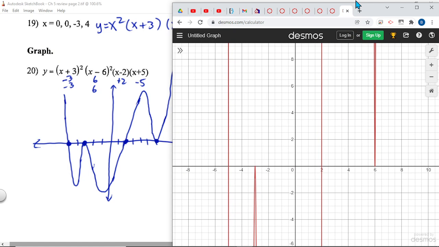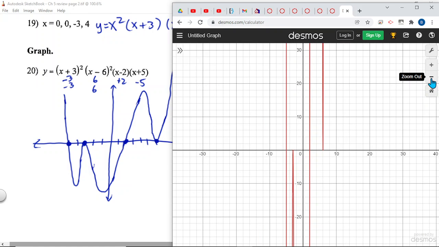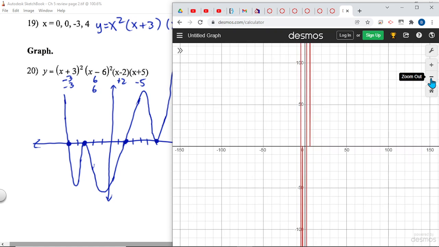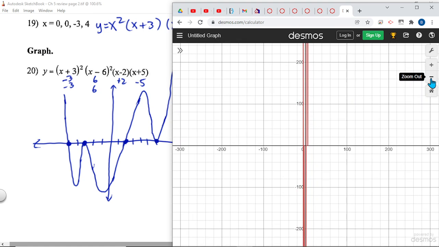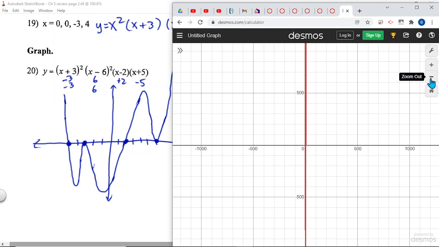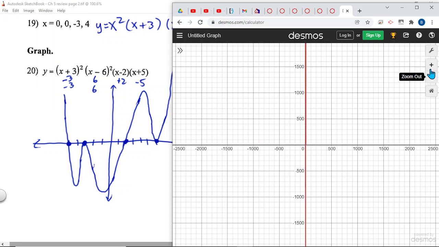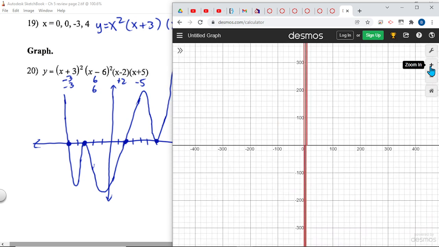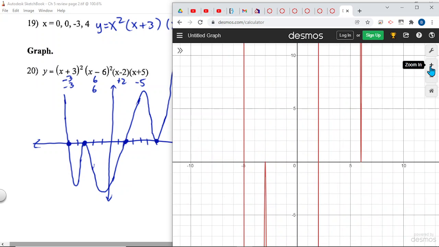Just see what it looks like. And it's hard to even look at because to zoom out enough to where you can see those turn around, it all just blurs together. Okay, so that one is hard to tell from the graph, but we could do it